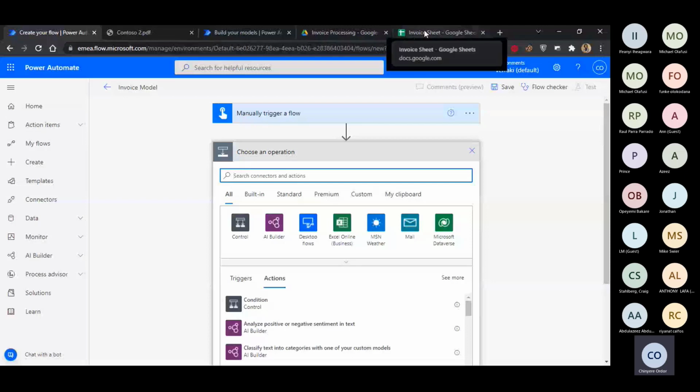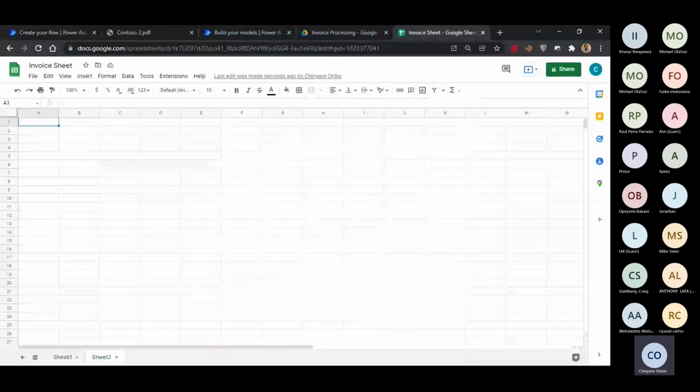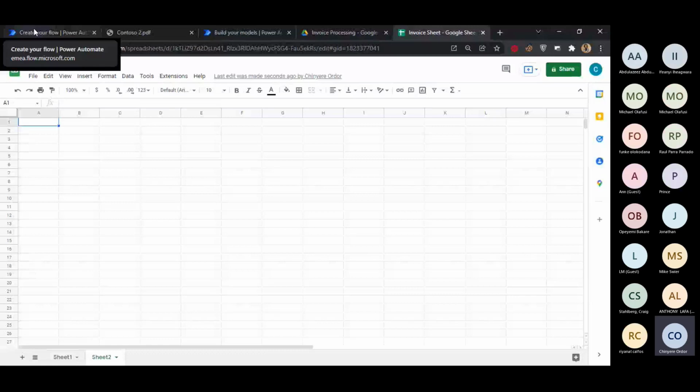So you could just create a sheet that shows January, February, March, April, May, and then while you're creating your flow,